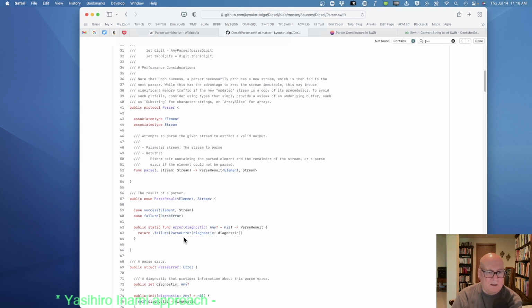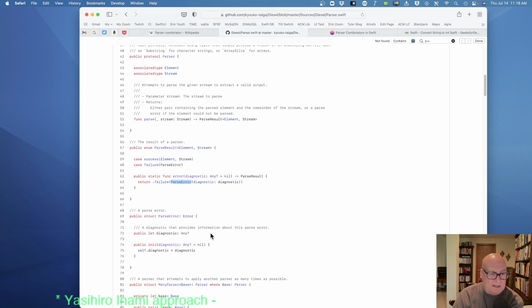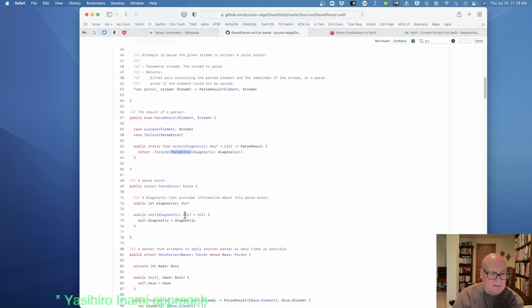So, and an error function that has a diagnostic message or diagnostic. Well, we return nil. We modified a case to return failure, but we didn't attach the message.